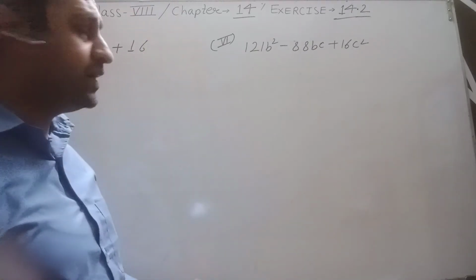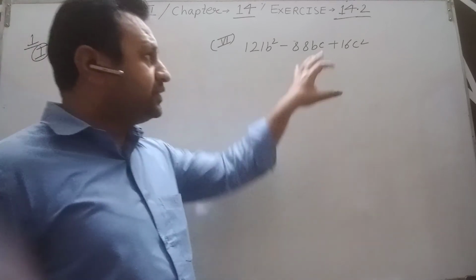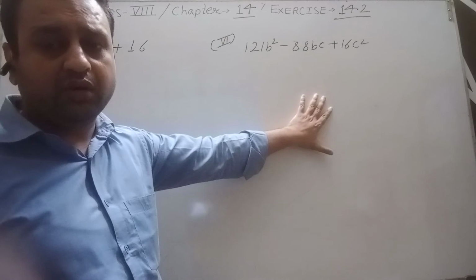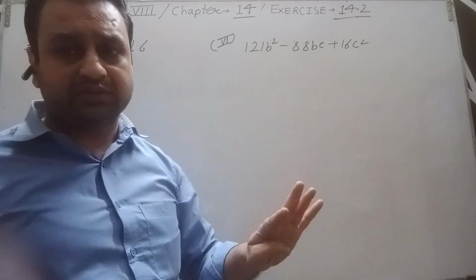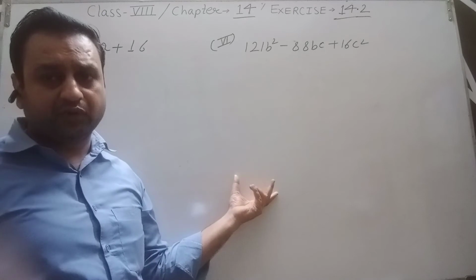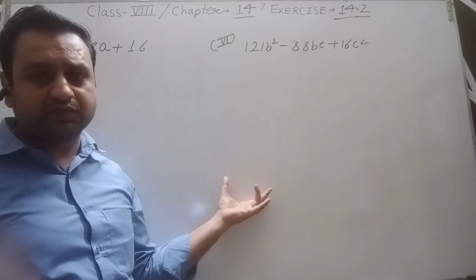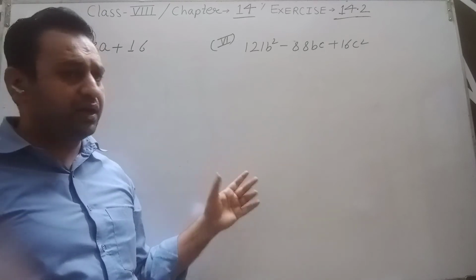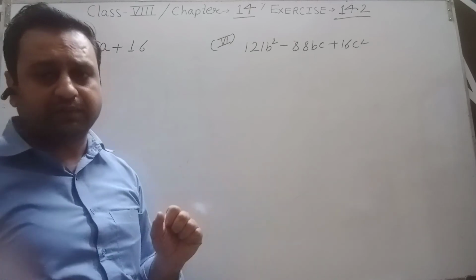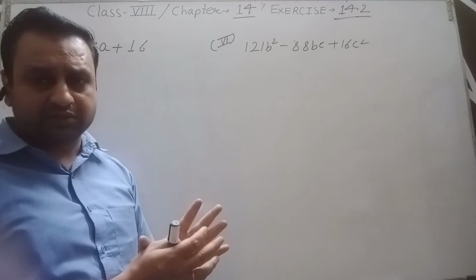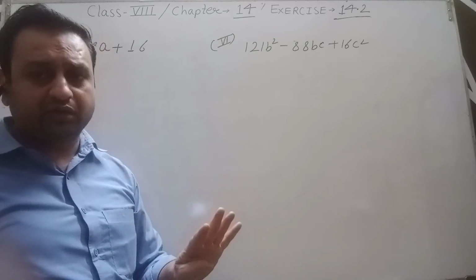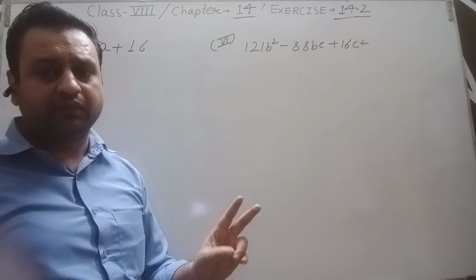First question again, factorize. In exercise 14.1 we factorized a monomial, binomial or a polynomial which contains 4 terms. In the monomial we simply write it in the form of a product, and these are the factors of this monomial. And in the binomial, after writing the form of a product, we take out any common factor outside the bracket and the remaining terms in the bracket. And in the polynomial containing 4 terms, we divide the question into 2 binomials, then factorize.